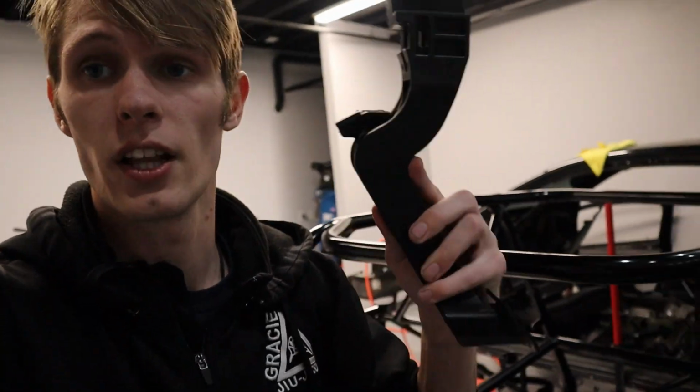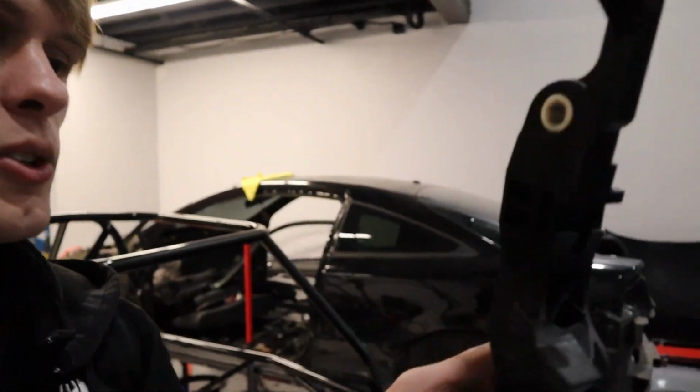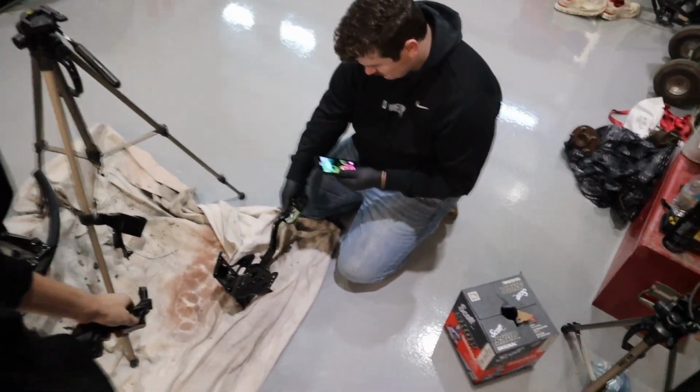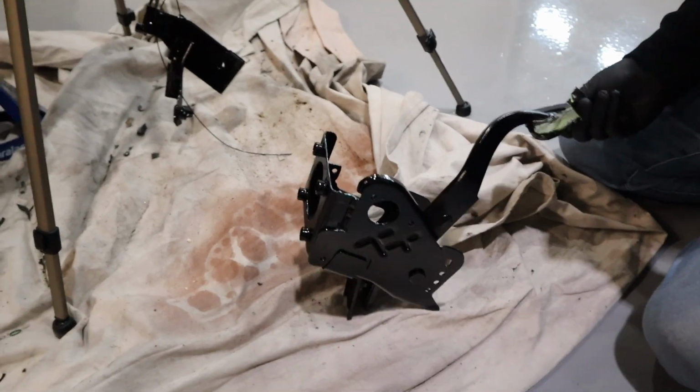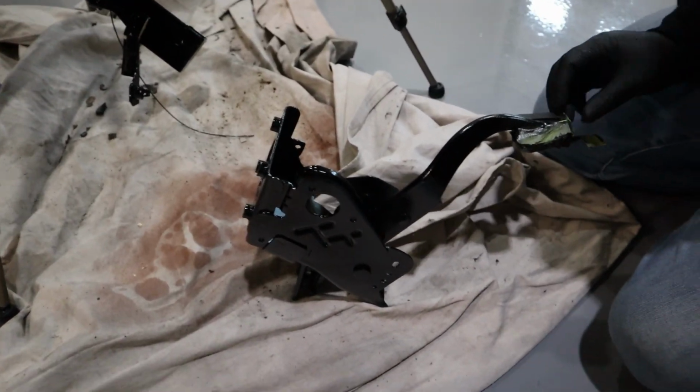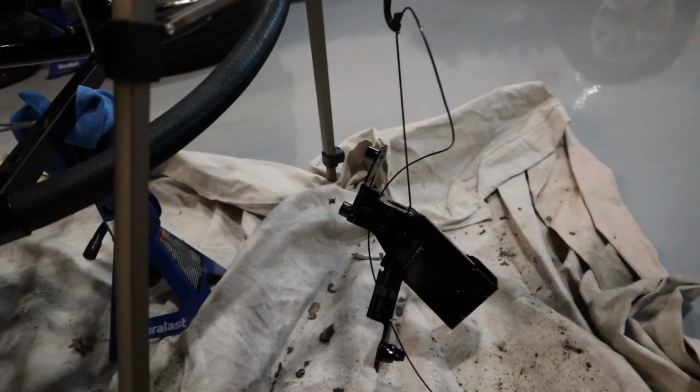So we spent the last couple of hours prepping the parts to be put into the car. We prepped the clutch pedal, which is what I'm holding right here. I had to do some cutting, as you guys saw, so that this would fit properly. We also prepped the pedal box, which is right there. This is for the accelerator and the brake pedal. And we went ahead and painted that thing black so it would match the rest of the car. That is the clutch pedal bracket. We went ahead and just painted the...